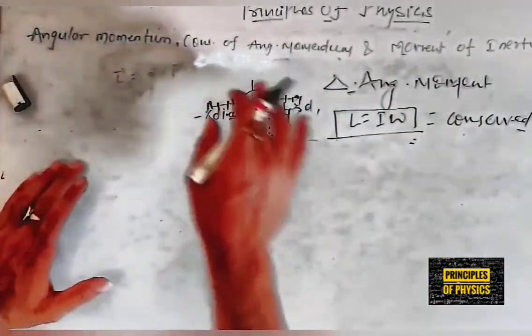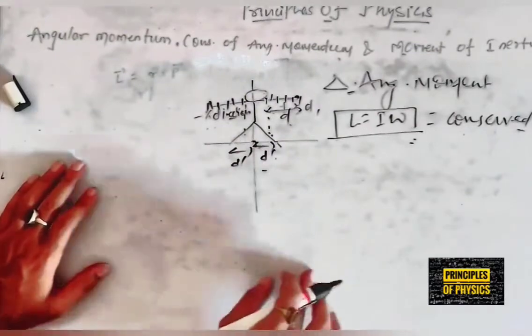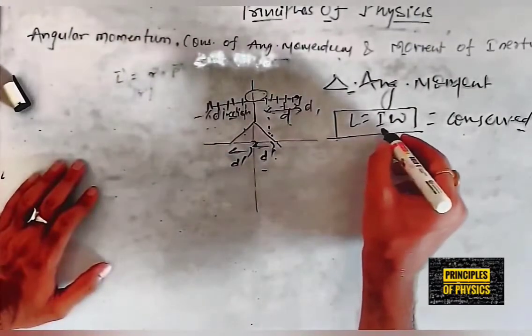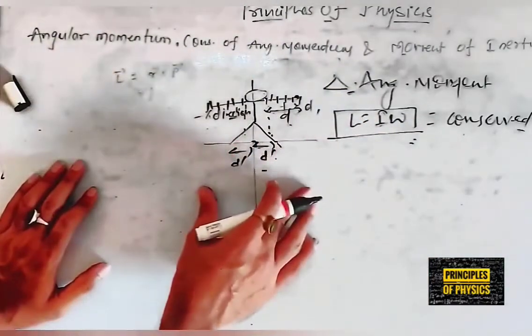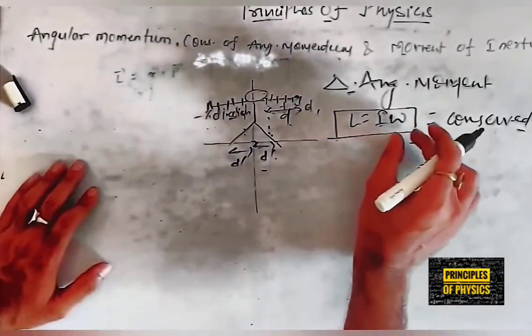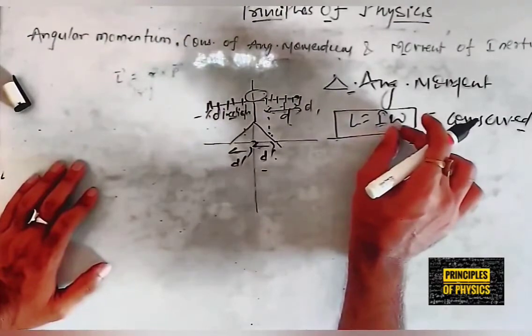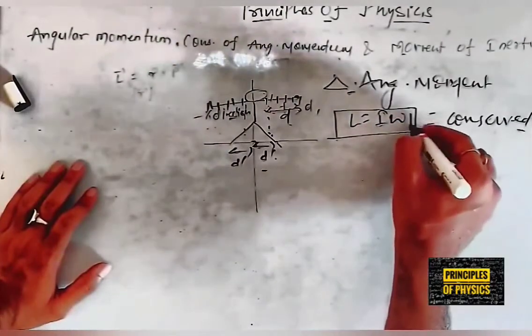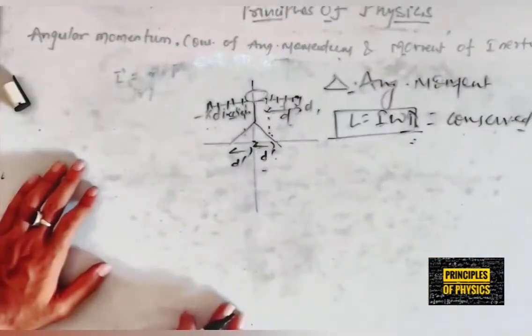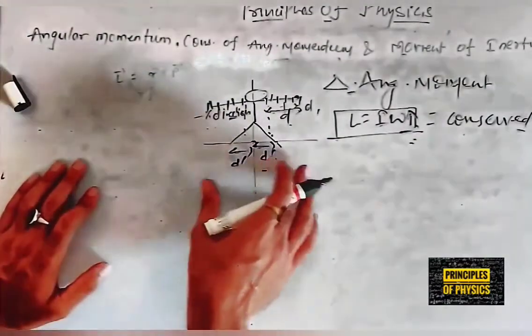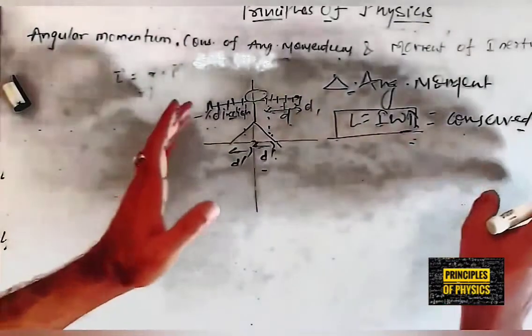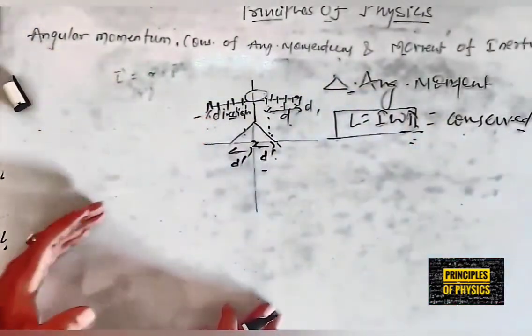So it's a case of the principles of angular momentum. Here we can say that the moment of inertia decreases from both sides. So what will be the change in the angular velocity? For the system to remain constant, it will increase. This is a very interesting topic, and this is a very interesting example we can see.